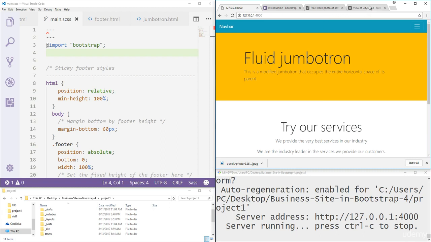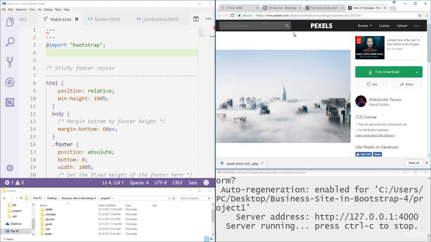and we want something that is kind of business related. So I went to the website called pexels.com and I found this image of a skyline, and I kind of like it, and it's got something to do with business in my opinion, because it's showing the business district. I think this is New York. So